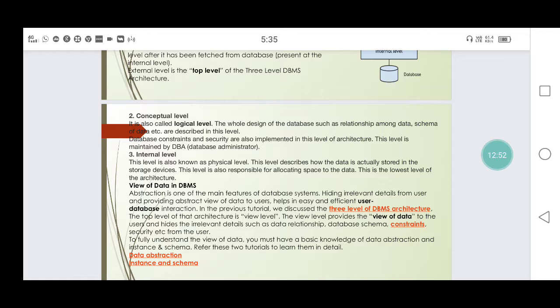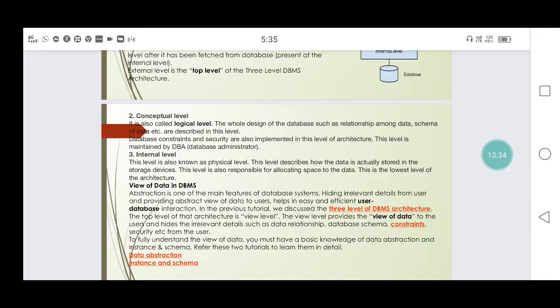What is the name of the database? What are the attributes in this database? What are the key constraints, primary key, foreign key, etc.? The key constraint is used to define the database. To uniquely identify data in the database, we have to use the key constraint, that is the primary key constraint. Unique data will be identified in the database through this primary key constraint. All these things are defined in the physical level of the database.